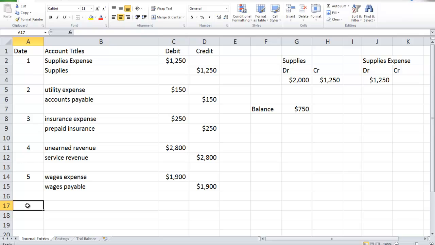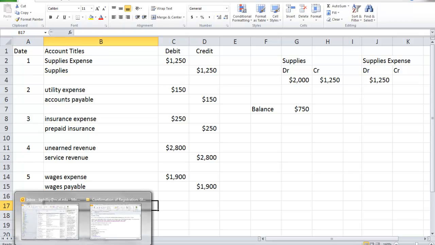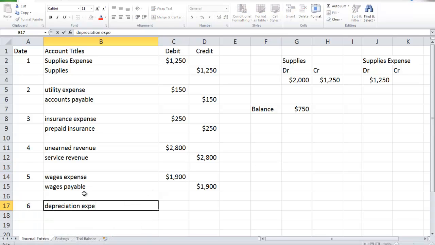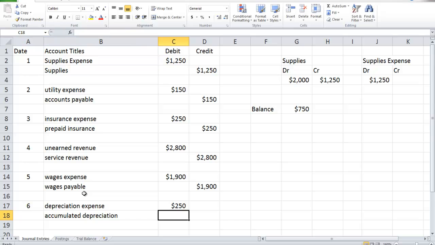Now for number 6, it says that the equipment has a 5-year life with no salvage value. It is being depreciated $250 a month for 60 months. So we have depreciation expense, $250 because it's 1 month that goes by, and we credit accumulated depreciation for $250. So if we post that,